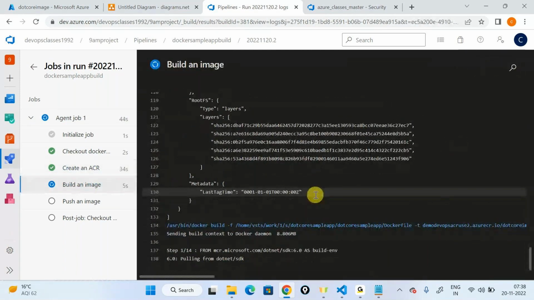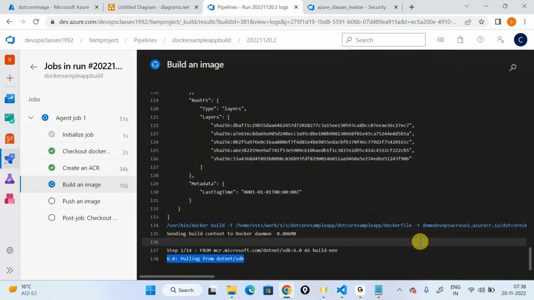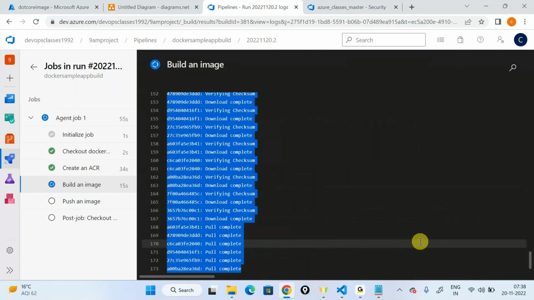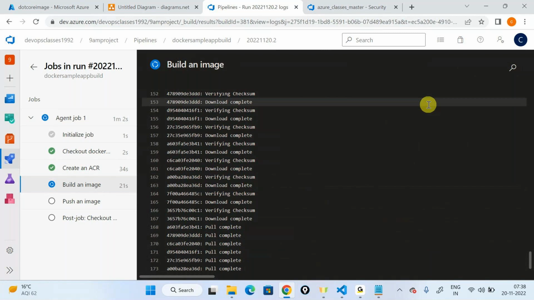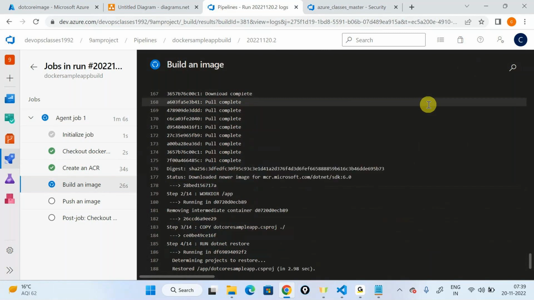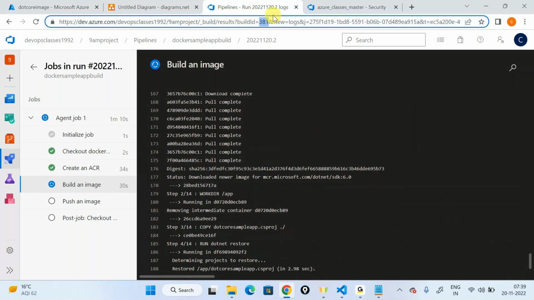Now it's going in and telling okay, fine, now I'll go ahead and do a build. And now it's telling okay, fine, let me rerun the entire steps again. Let me go ahead and rerun all those things again that I have. So it's telling okay, fine, it is .NET 6 that I have. I'm using that and it's taking multiple steps out here. And it's going ahead and doing a build out here of the image. So a new copy of the image is being produced and the image will again be tagged with the name of the build ID or with the number of the build ID. So if I just give it a second,